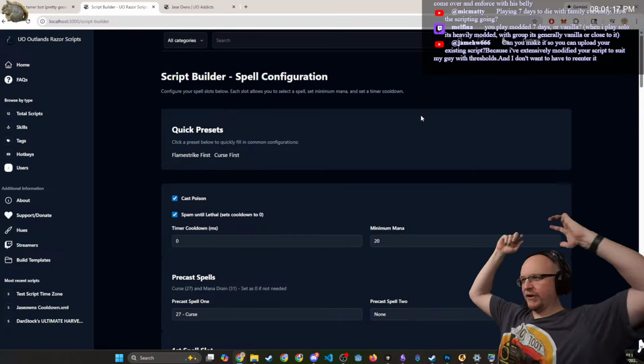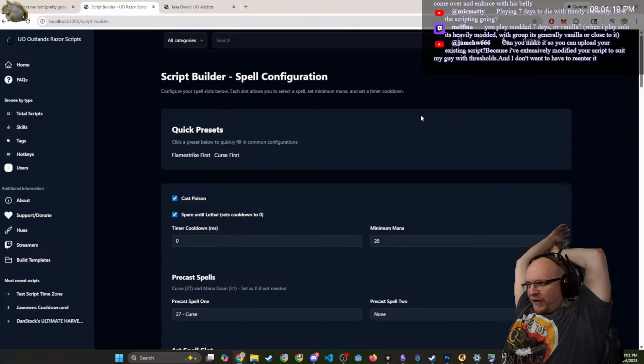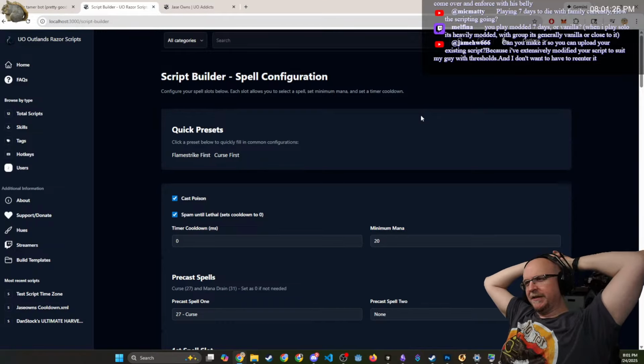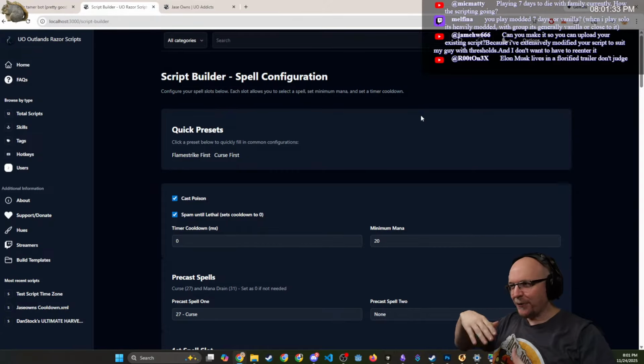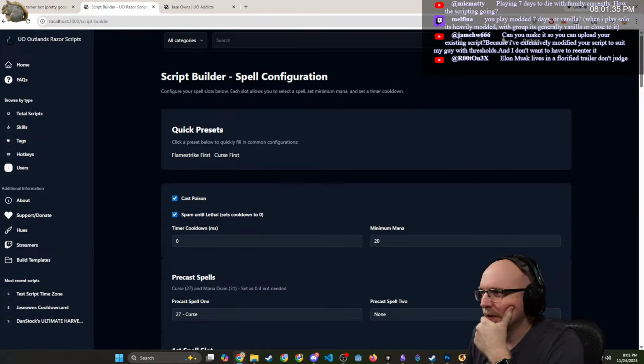Can you make it so you can upload your existing script, because I've extensively modified your script to suit your guy with thresholds and I don't want to have to re-enter it? Yes. That would be another feature enhancement to A, save them to your profile, you know what I mean? That way you can have different ones. And B,